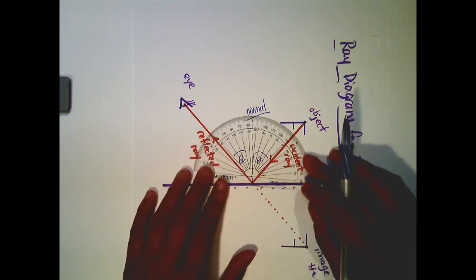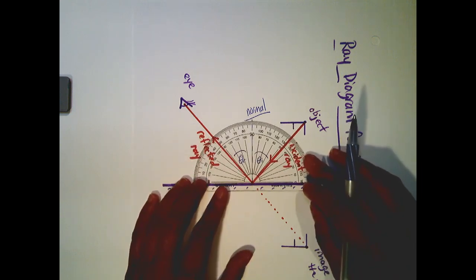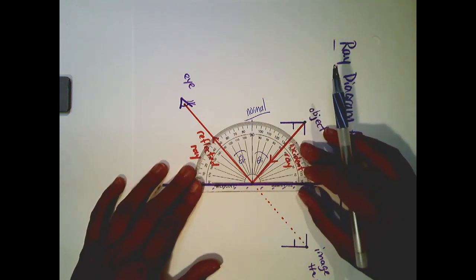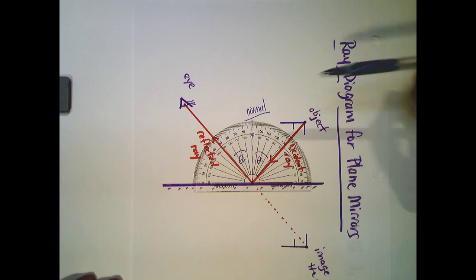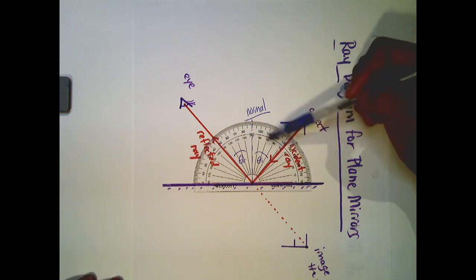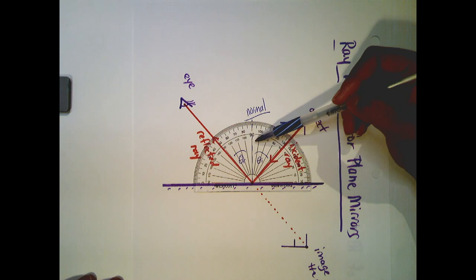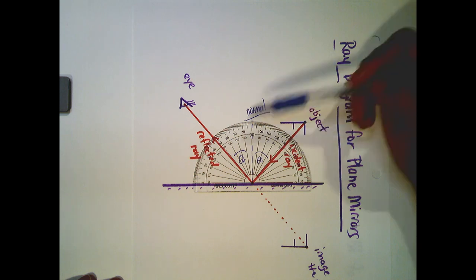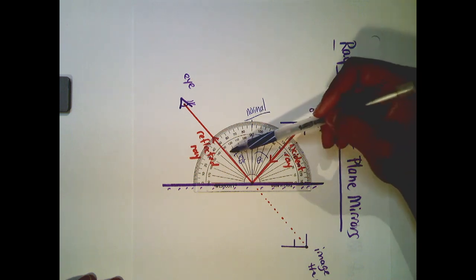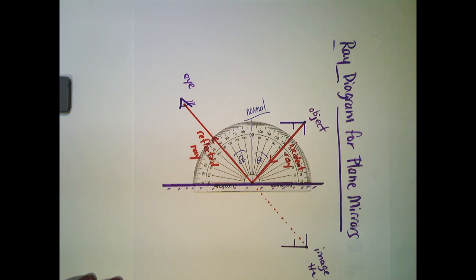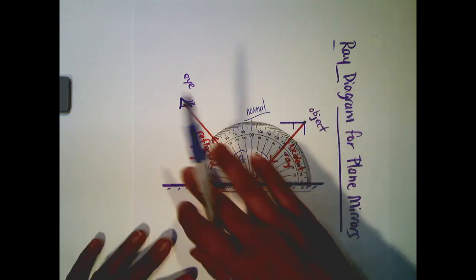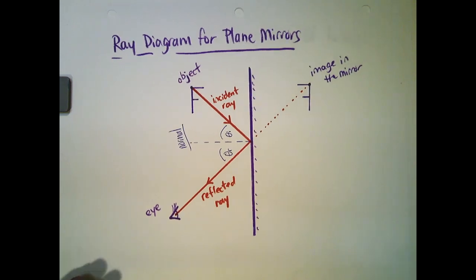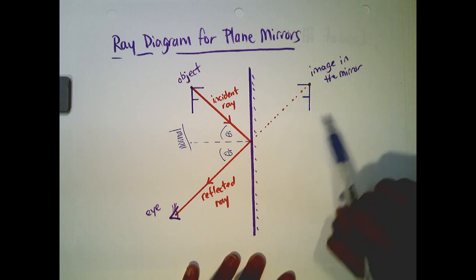If you want to double check, let's double check by measuring it. And hey, look at that. We can even count out the angle. Let's measure the angle of incidence. This would be 10, 20, 30, 40, so 40 and a little bit. And same on this side, 10, 20, 30, 40 and a little bit. That's pretty cool. So yes, in fact, plane mirrors are based on the angle of reflection, and that's why they have the same